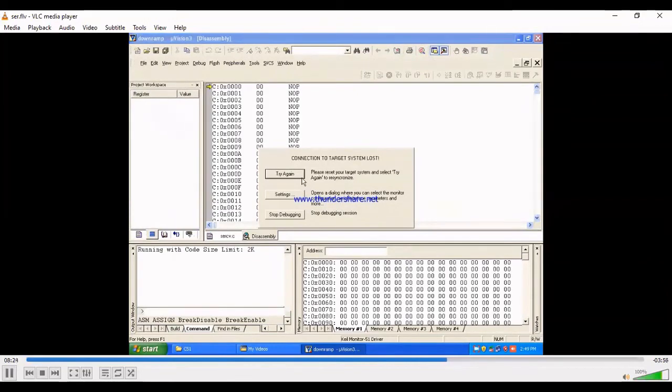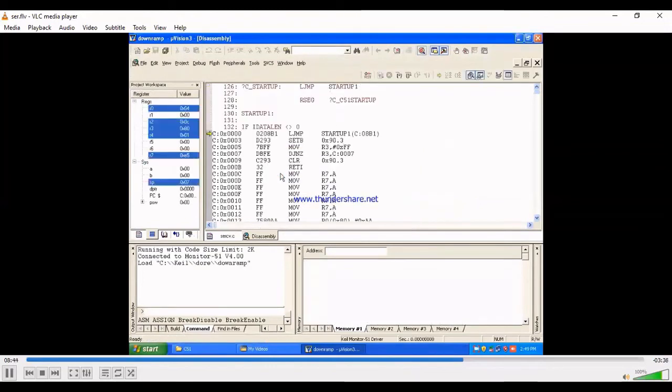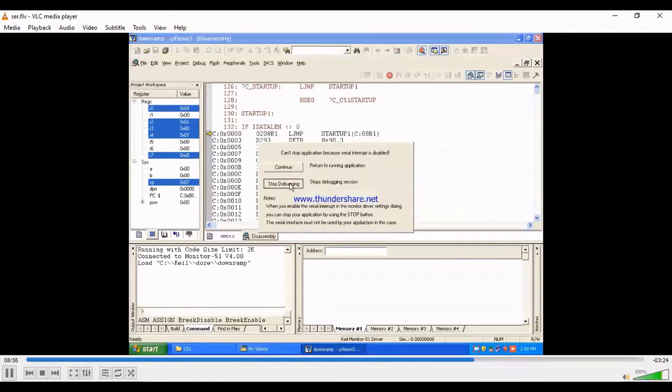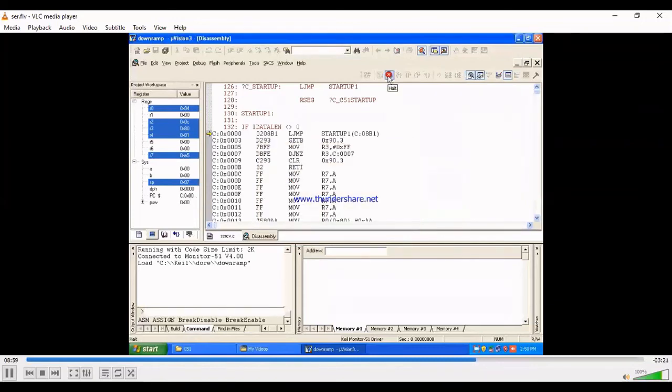If you reset the 8051 kit and press try again, it will connect, and then you can see the project workspace. Now you run the program, the same procedure. After running the program, stop debugging, then close the program.